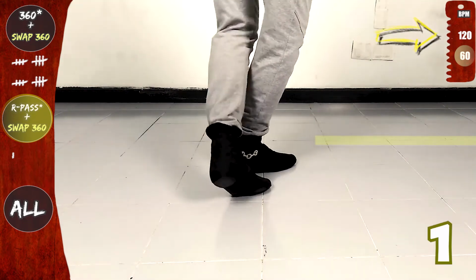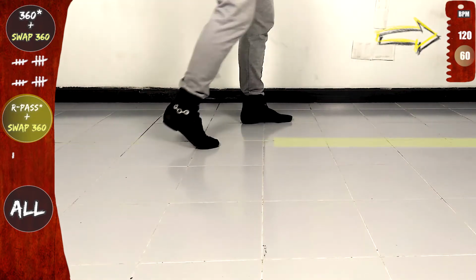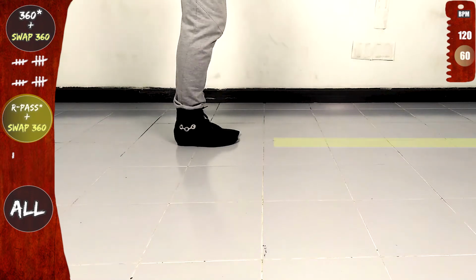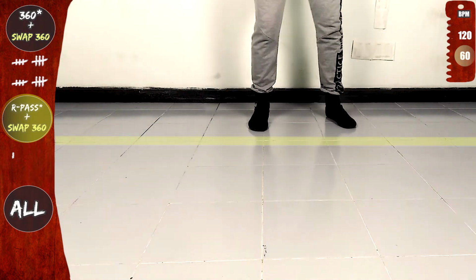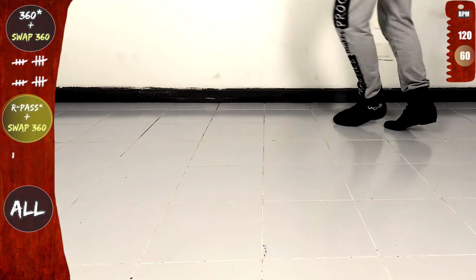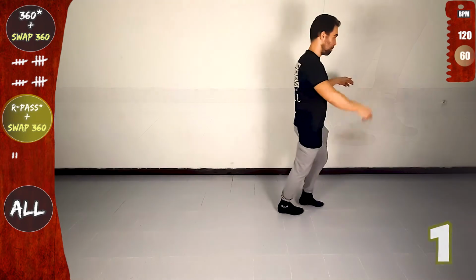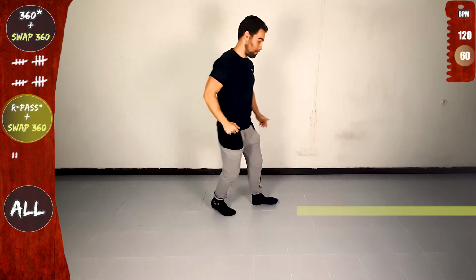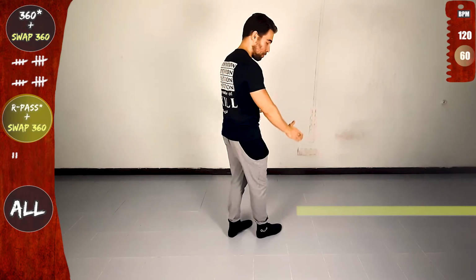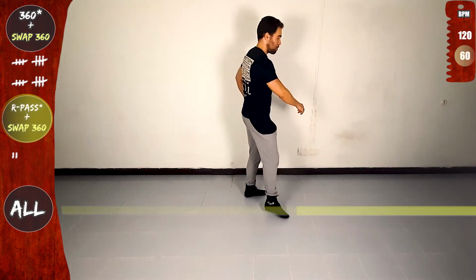an anchor, cross to the back, front, side, back, on the line, anchor, now swap 360, back, cross to the front, open, cross to the back, rotate and on the line, basic offline, and then right pass and swap 360, let's go, back, cross to the front, forwards, now right pass with an anchor, cross to the back, front, side,